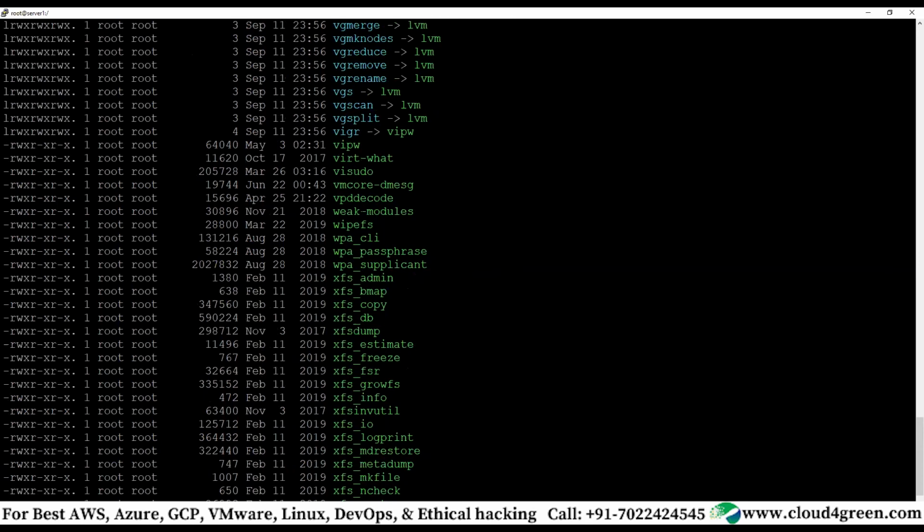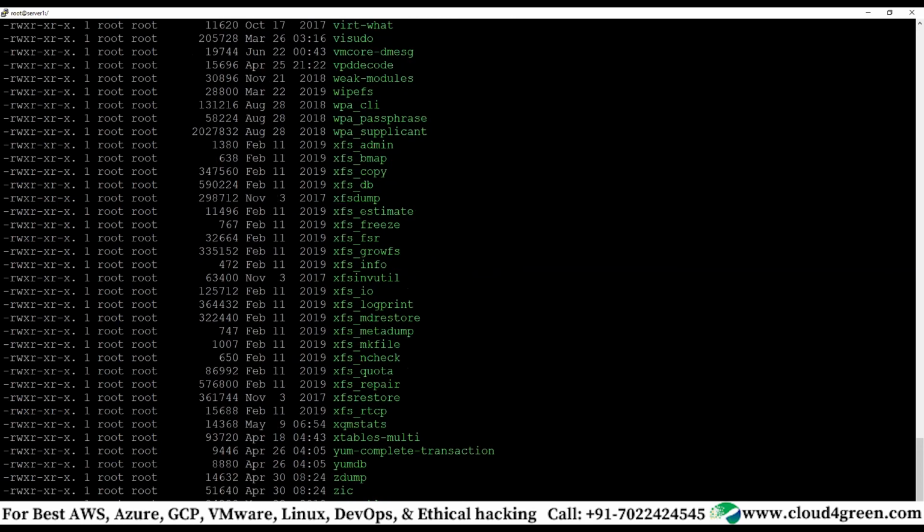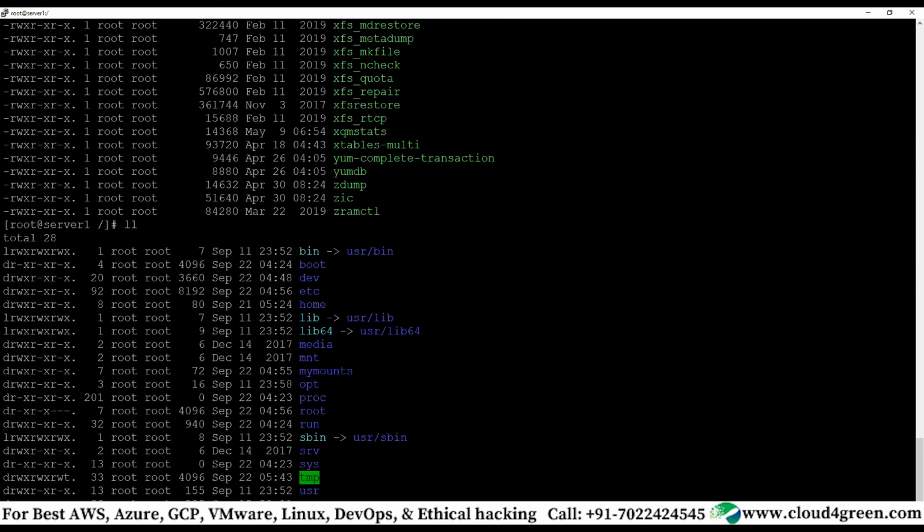For example, fdisk can be executed by super user, or the useradd command, correct? All these directories will be in your path. We saw yesterday, echo $PATH. And then there are libraries, lib and lib64.